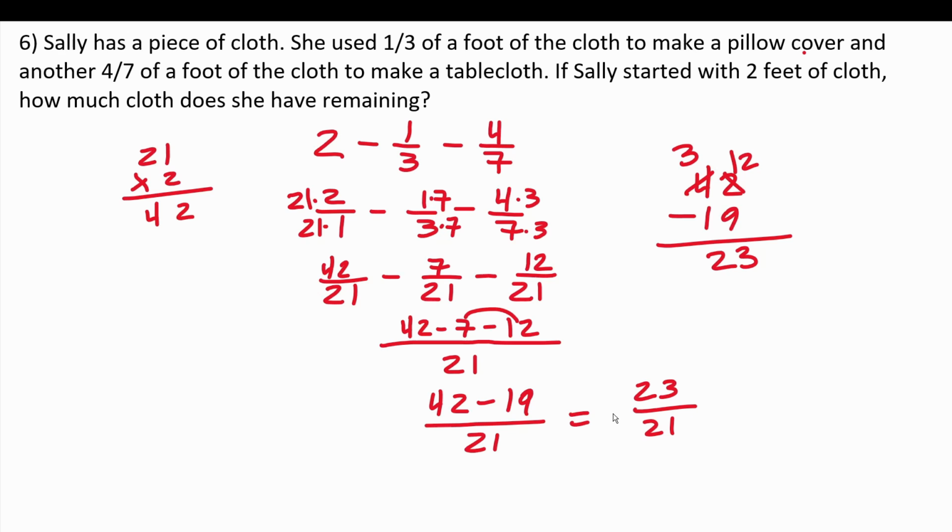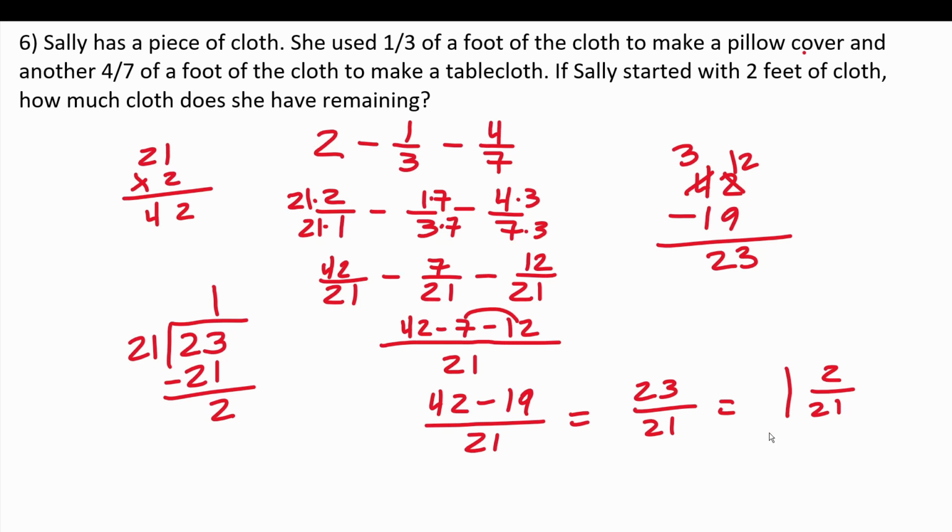Of course, this is an improper fraction insofar as its numerator, 23, is bigger than its denominator, 21. So we're going to try to write this as a mixed number. As you've seen so far, that's not too hard to do. We're just going to treat this fraction as long division by reading it as 23 divided by 21. And the question becomes, how many times does 21 go into 23 without going over? It's 1 time. 21 times 1 is 21. 23 minus 21, well, that's going to be 2. So this becomes 1 and 2 over 21.